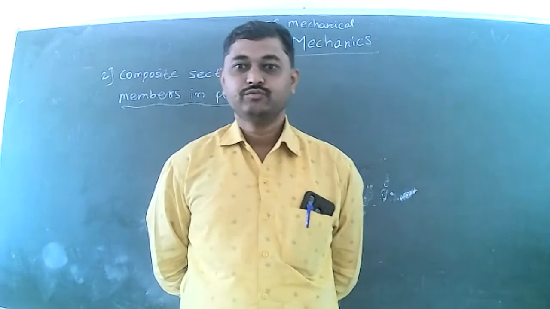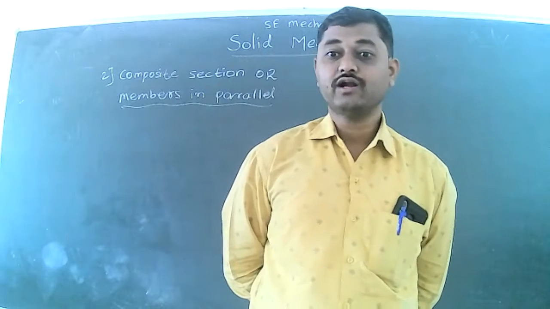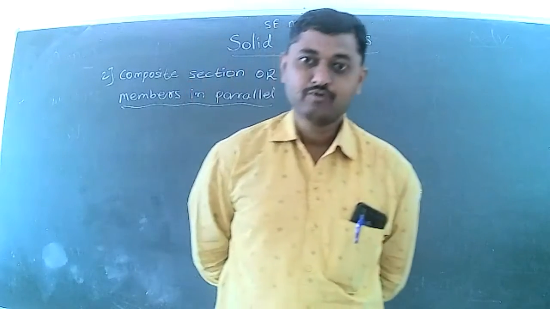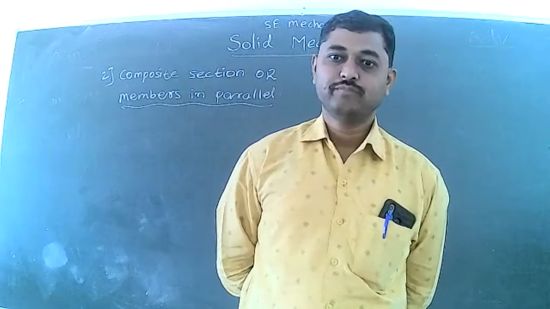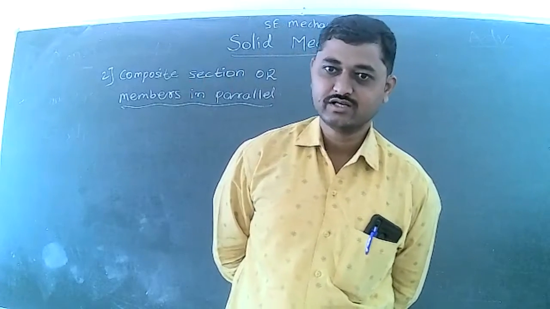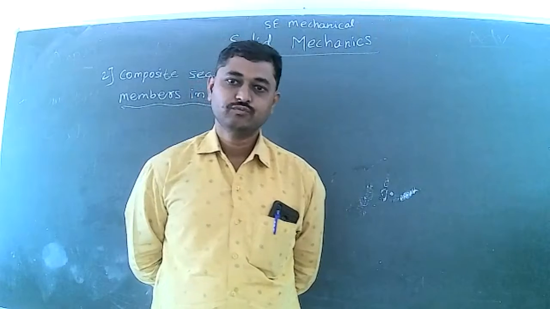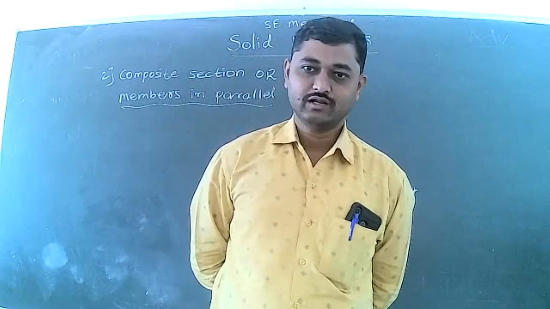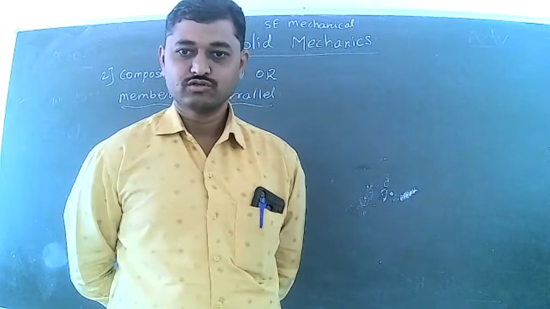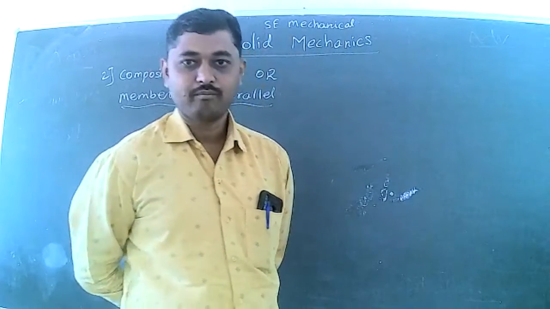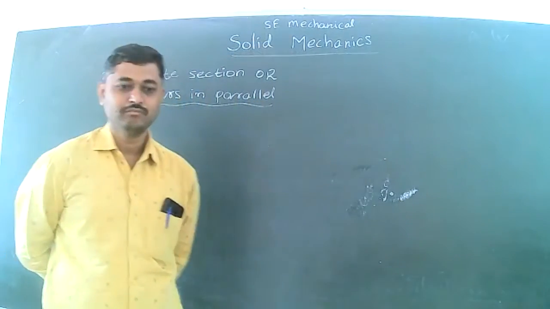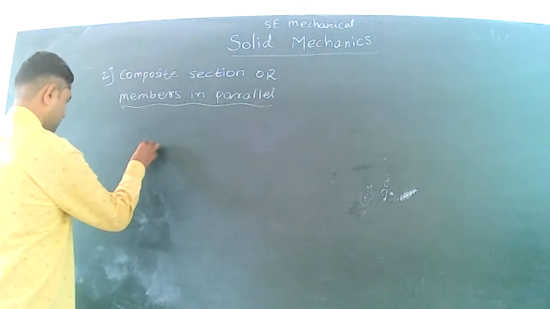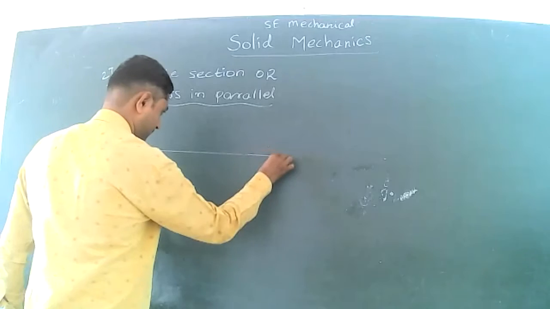So what is a compound section? For a compound section, the members have the same material. For a composite section, two or more members of different materials are subjected to some loads, and the combination is called a composite section, or members in parallel. For example, suppose a member